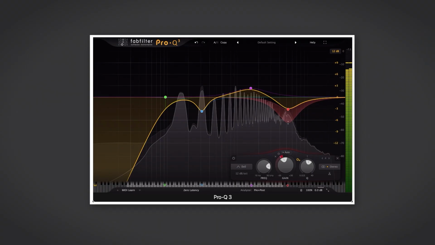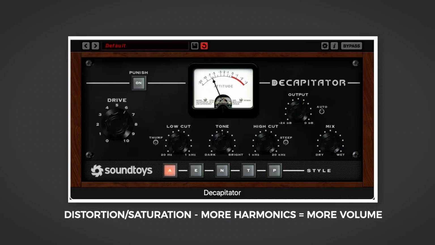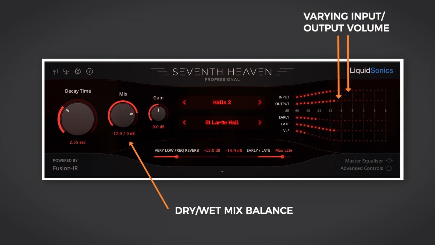Having recorded that singer, we could process the sound in a number of ways, for instance. EQ boosts or cuts the volume of some frequencies within a mix whilst leaving other frequency areas alone. Compression changes the average level of a performance so that the volume gap between its quietest and loudest moments is made smaller. Saturation and distortion plugins add volume by adding to the number of harmonics in a sound, whilst introducing a reverb or delay plugin might make a sound quieter, as a portion of the signal is shared between a louder, dry signal and a quieter, wet one.